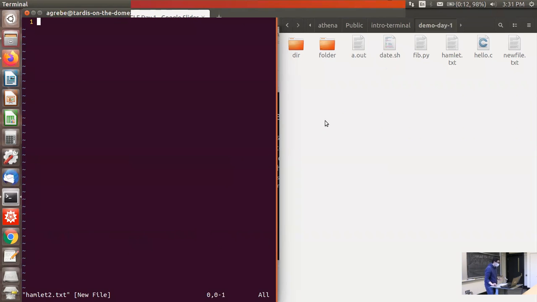Okay, so then we have this Vim shell, and to start editing in this, well, first I should explain how this works, because Vim is very interesting in that it has multiple modes, which are insert, normal, visual, and command. All these modes help you navigate around the file and edit things in the file. So the first thing to know is how to actually add text to the file. To do that, once you're in this file, you press lowercase i, and now you're in insert mode.